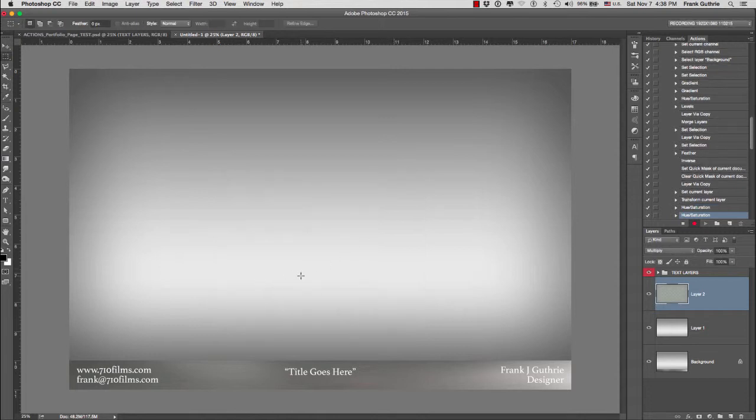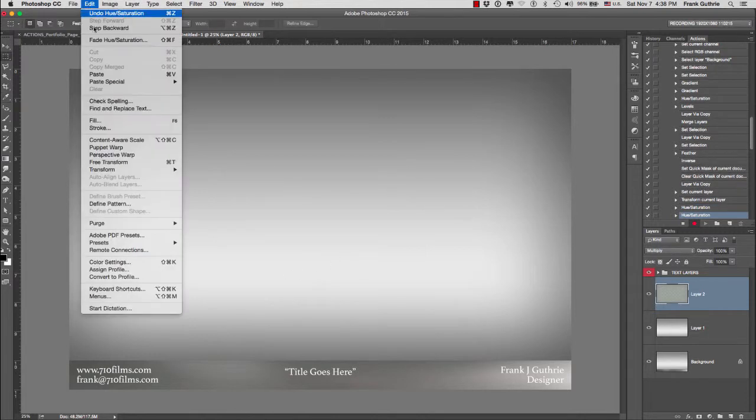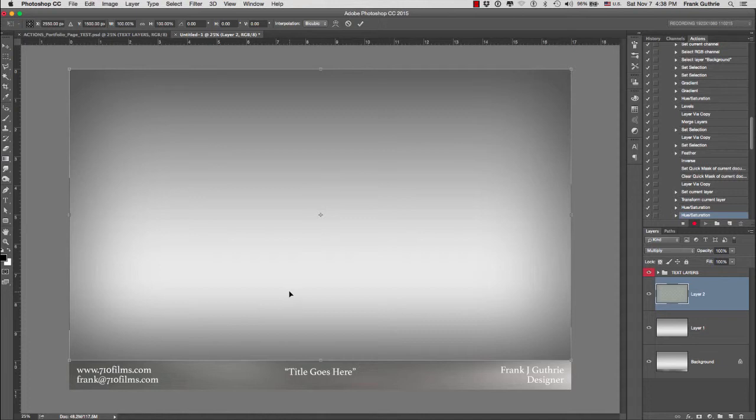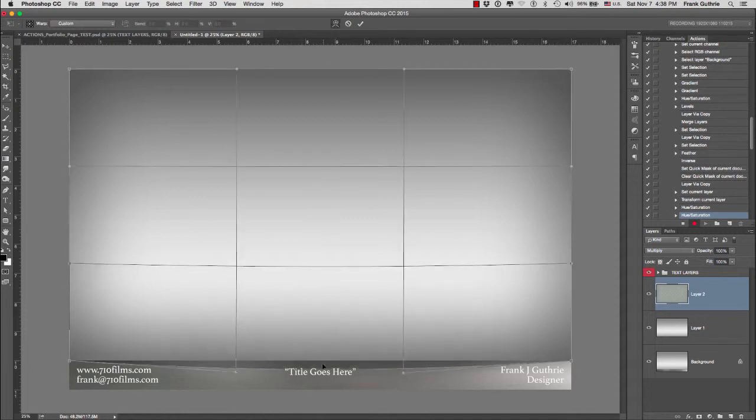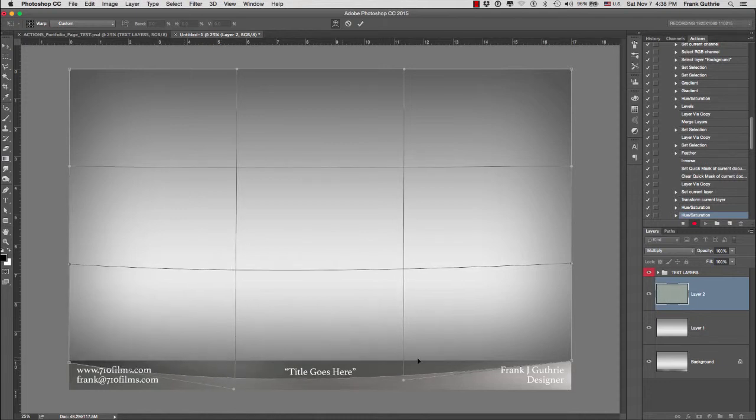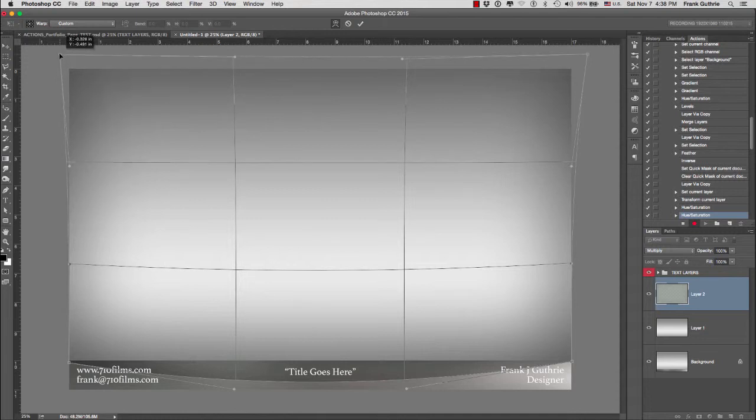I think the bottom could be tweaked, so I'm going to go to Edit, Free Transform, and I'm going to go to the Warp, and I'm going to bring this bottom part right here, and I'm going to push this side a little bit outwards. I think those corners are a little bit too dark,